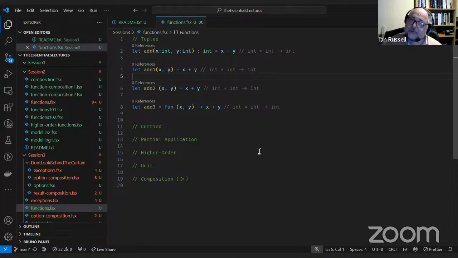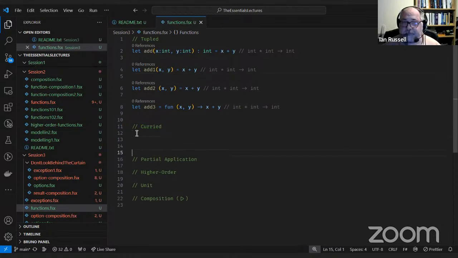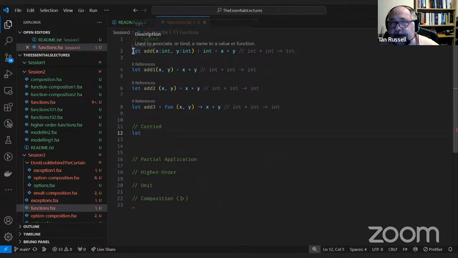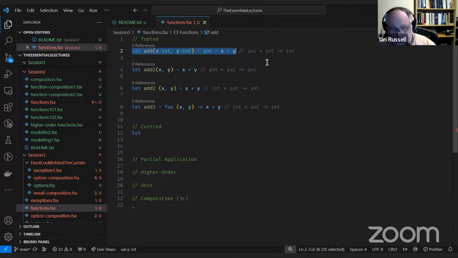So that's tupled parameters, but we can also use something called curried parameters. And this looks slightly different. So I'm going to copy that again.